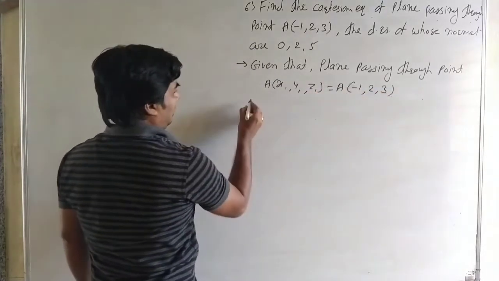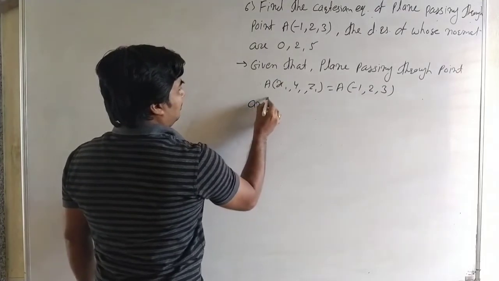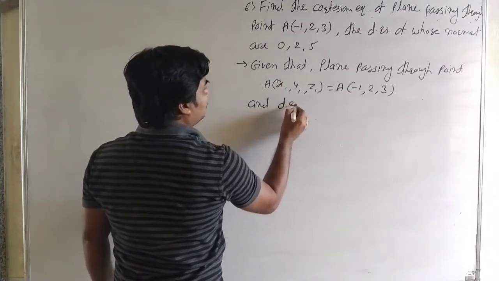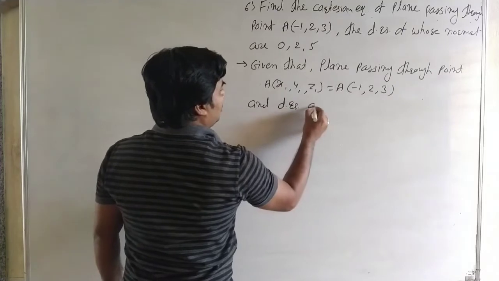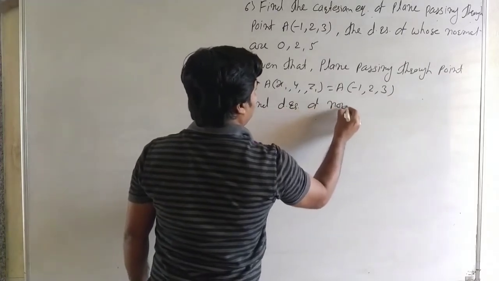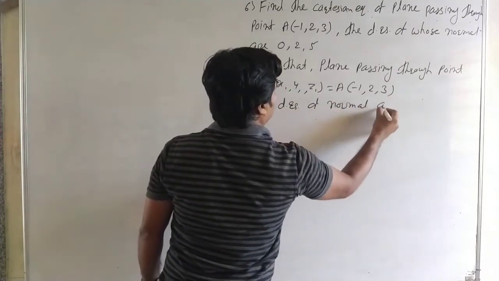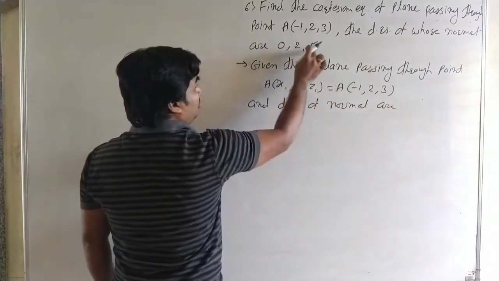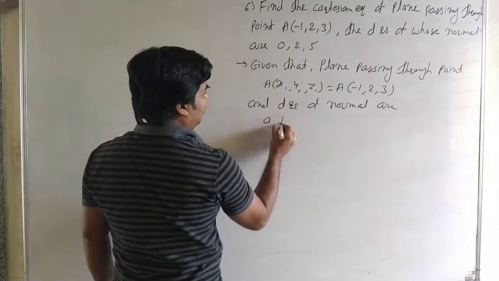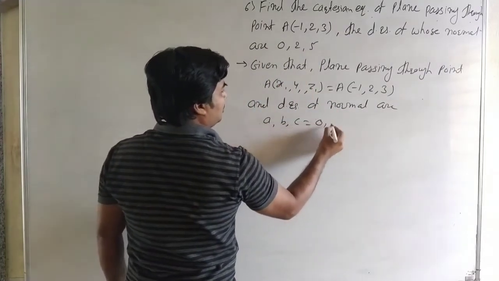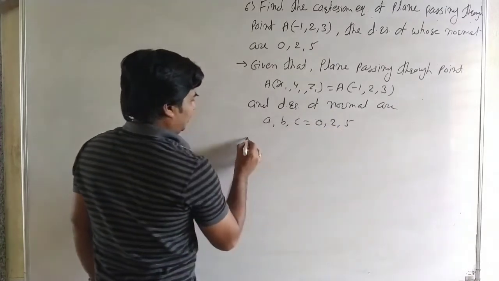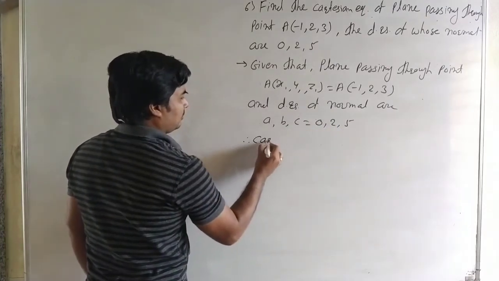It is x1 y1 z1, and direction ratios of normal are 0, 2 and 5, that is a, b, c, 0, 2 and 5, and therefore the Cartesian equation